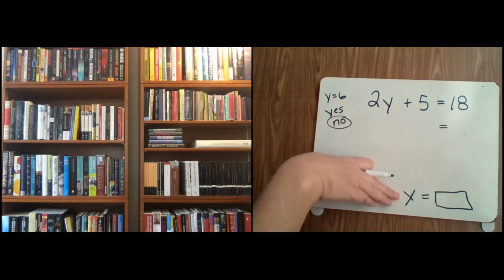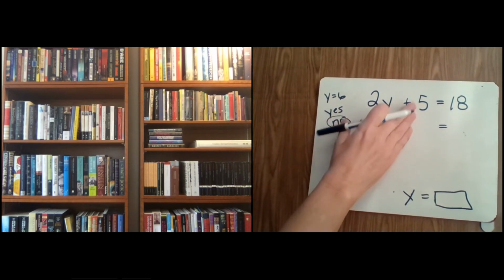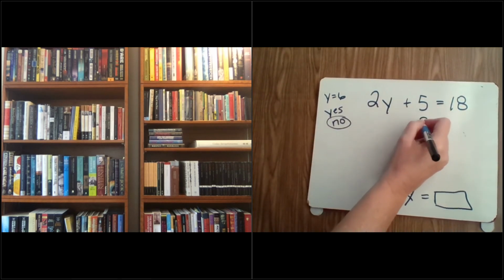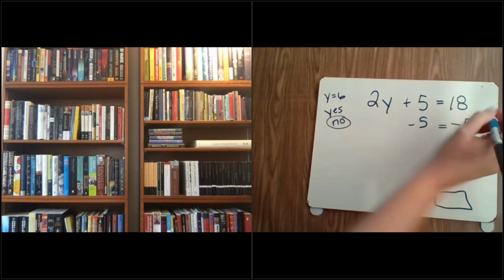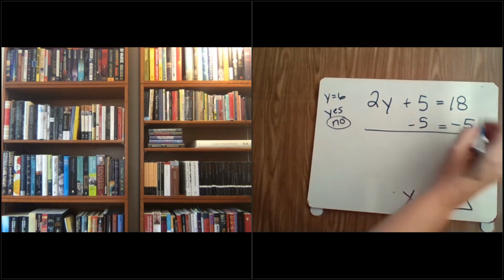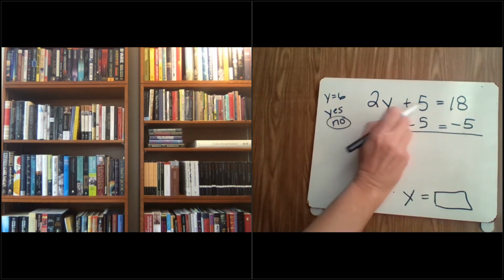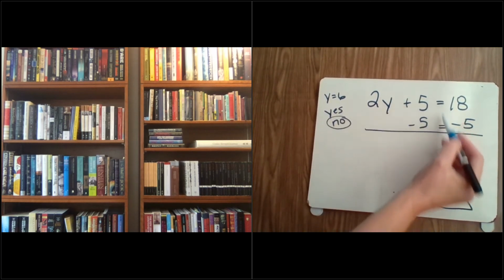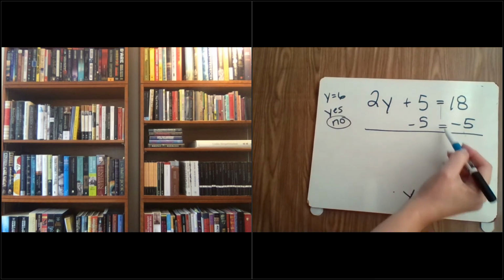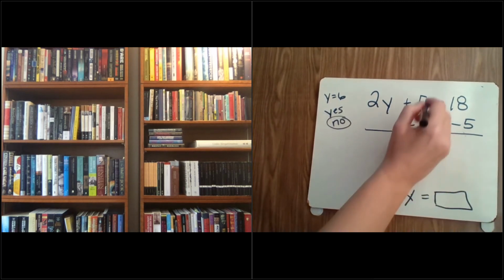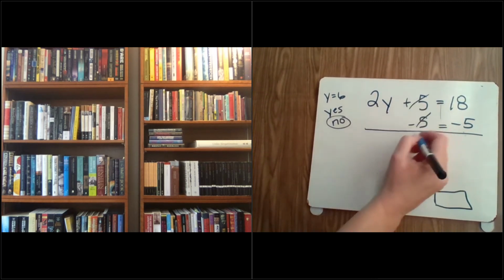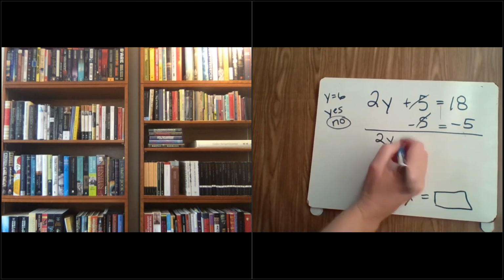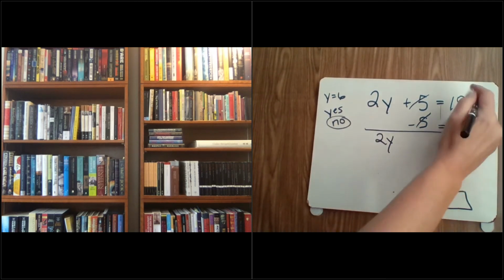I only want y's on the left. So I need to get that plus 5 to cancel out. I'm going to subtract 5 because plus 5, the opposite is minus 5. Don't forget your balance beam. Put down your equal sign. Same thing on both sides. Plus 5 minus 5, that cancels. I just have 2y equals